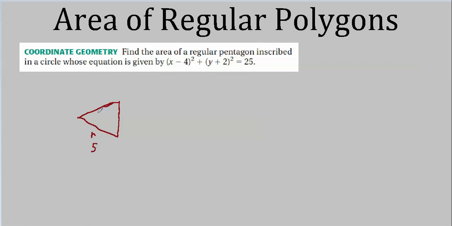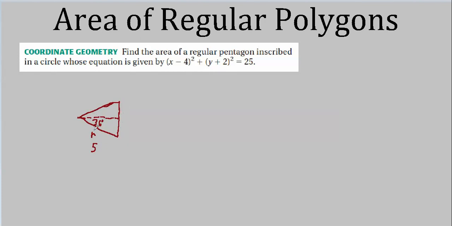That's because the radius for the inscribed polygon is always going to be the same as the radius of the circle in which it is inscribed. If this is 5, well, it's a pentagon. That means we've done this before. 360 over 5 turns out to be 72. This whole thing is 72. And once again, we just draw our apothem here, which we know bisects the side and bisects the angle. If this is 72, then this half angle here must be 36 degrees.